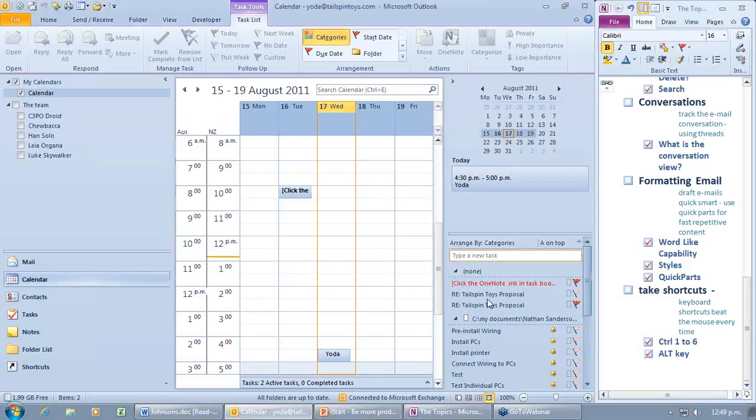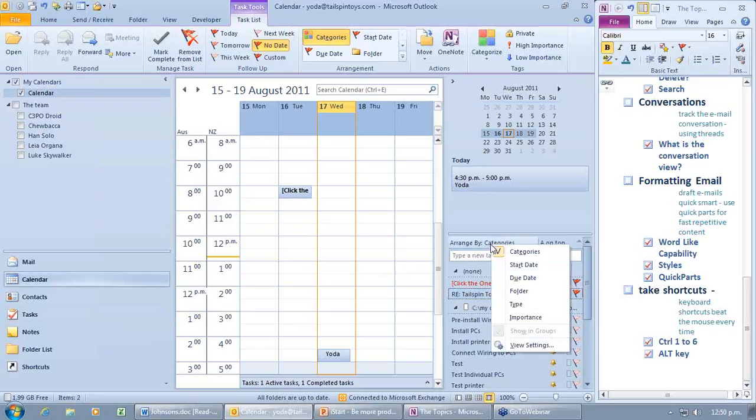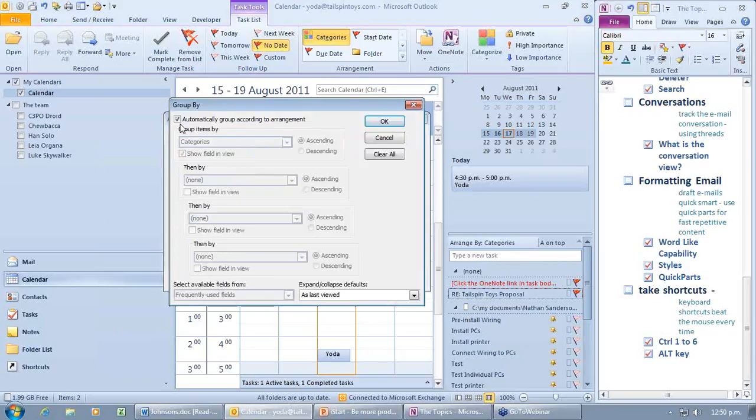As I mark my tasks complete, they then disappear from this little task view. I will still find them in the task list. All right, so when it comes to the prioritization of tasks, go in and create a little setting. Go in and sort the actual columns, maybe group by, if you're using categories, group by those